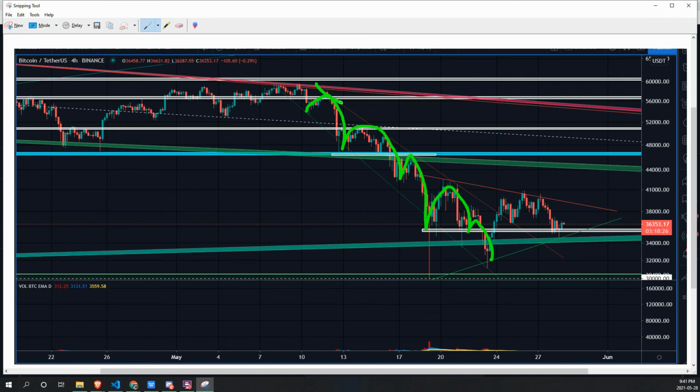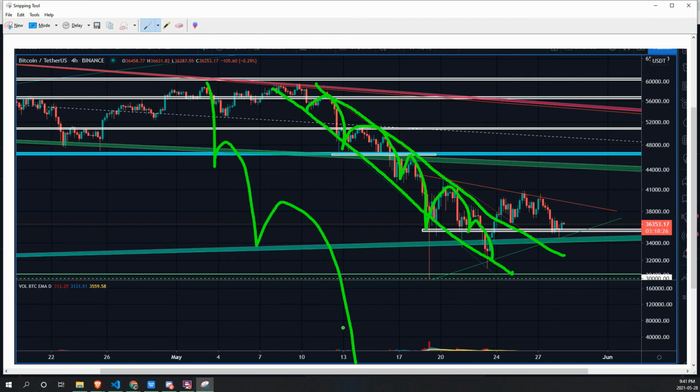Where you get a series of lower lows and lower highs that can be connected with a series of trend lines that create a descending wedge. Great looking move to the downside. It's not like it's a dump and then just an absolute capitulation, like we saw, for example, on oil, where it actually went negative. Very well respected move to the downside.